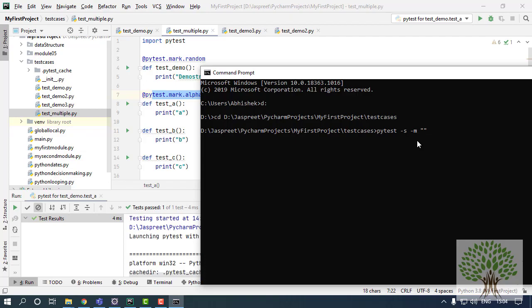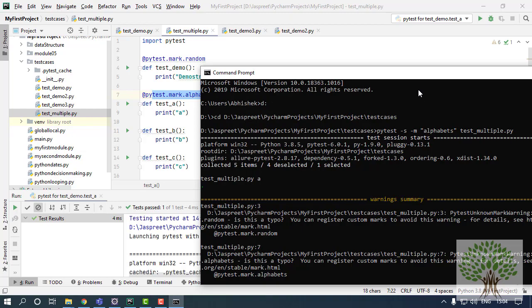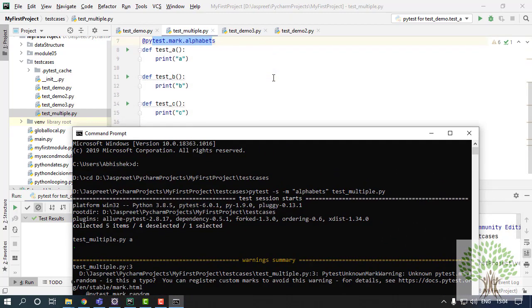Suppose I want to run the group alphabets, and in which particular module it's lying, that I'll give, that is test multiple dot py.